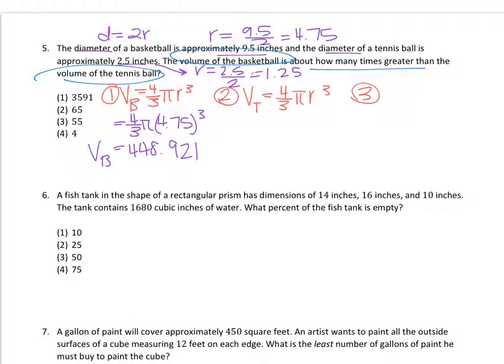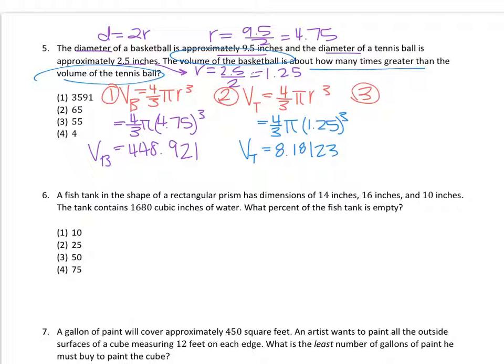Volume of the basketball comes out to be 448.921. For the tennis ball, we have 4/3 pi. The radius was 1.25, and we're raising it to the third power. Again, practice typing it in. Pause the video yourself if you need to. Volume of the tennis ball comes out to be